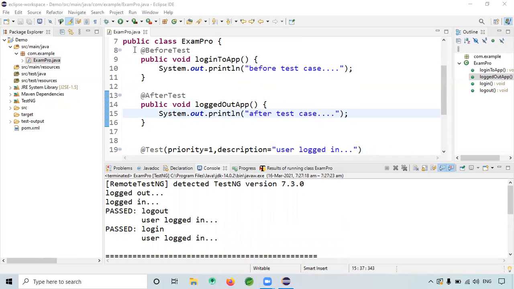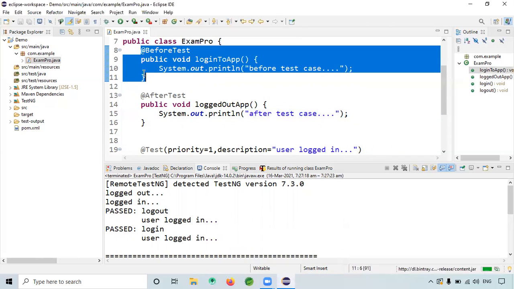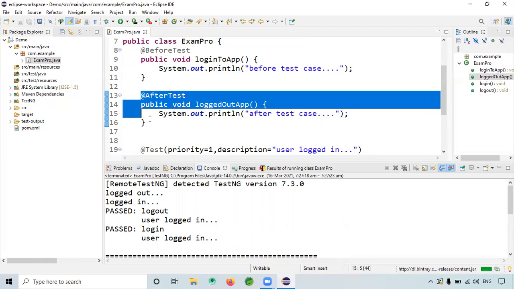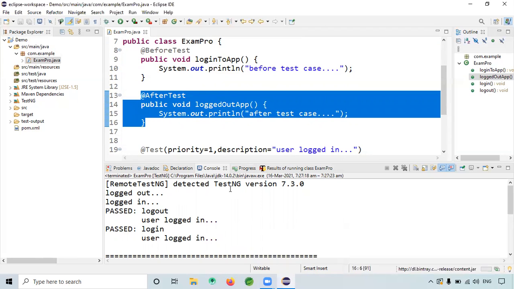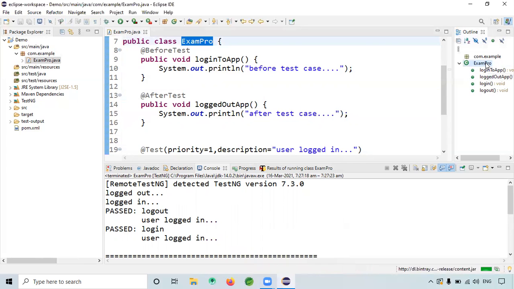So if I give before test, what will happen? It will execute at the beginning of the test case. And if I give after test, it will be added after the test cases. So when I run this program,